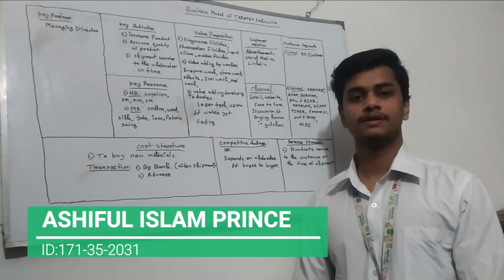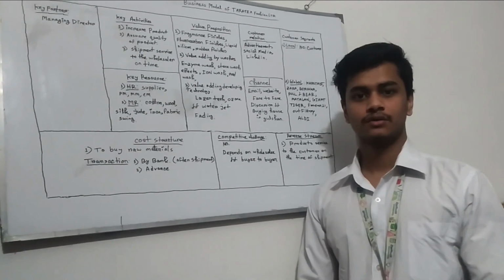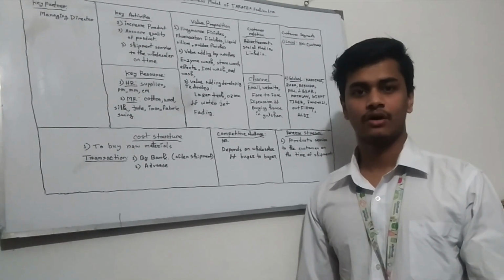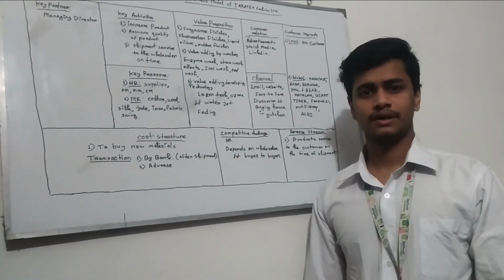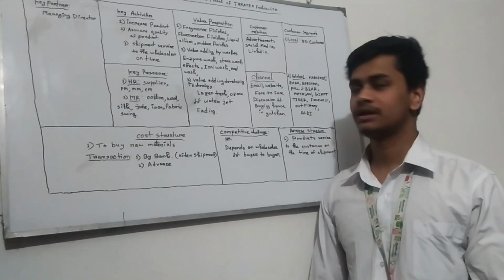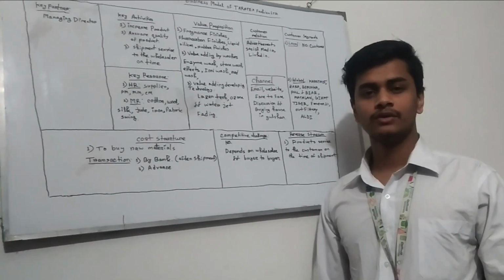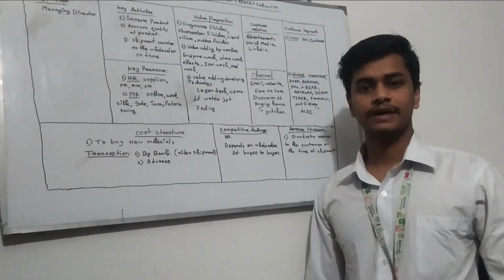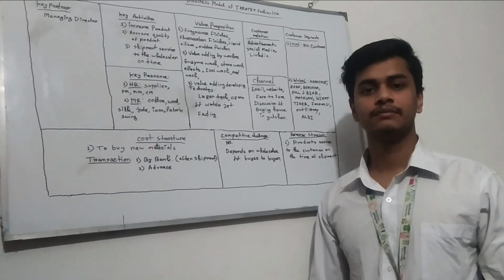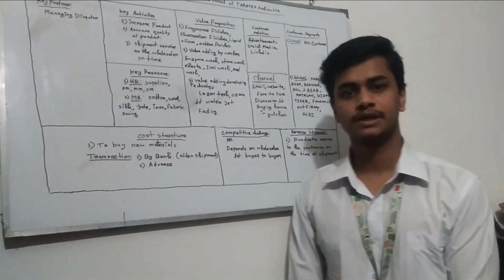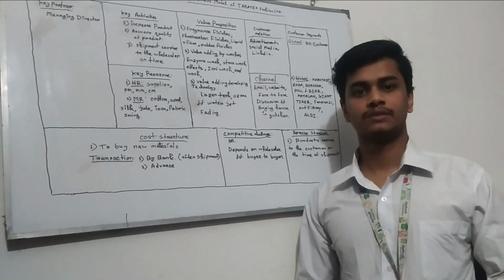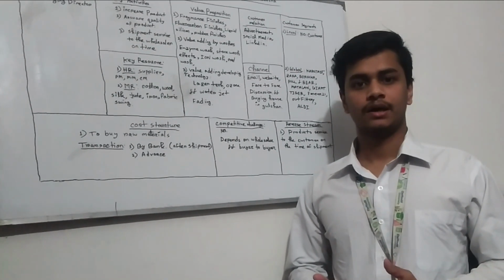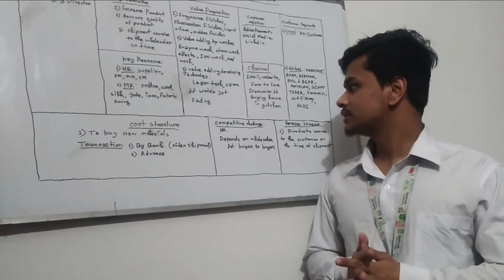Assalamu alaikum. Recently we have visited an organization, Taratex Fashion Limited, totally based on textile. Now I will elaborate the portion which is the business model of Taratex Limited. You all know that a business organization which follows the OIS, the Operational Information System, maintains business model criteria containing some portions like key customer segments, cost structure, revenue stream, key resource, competitive challenge,